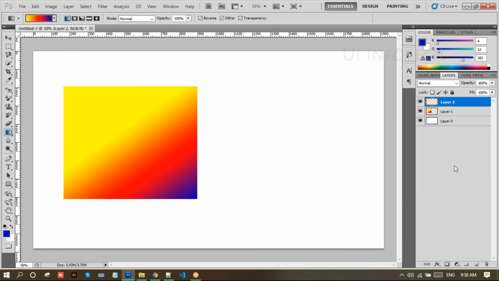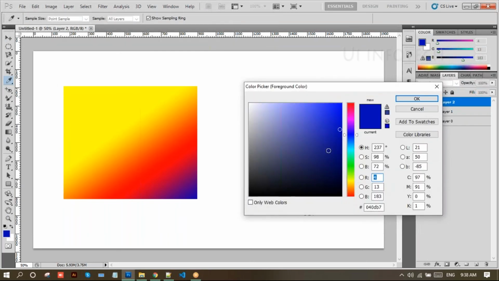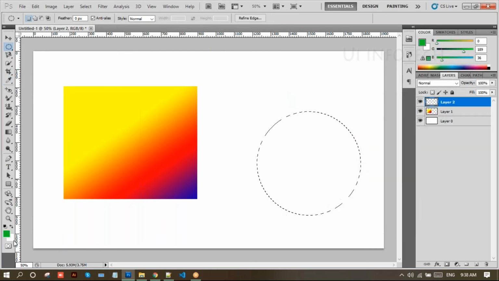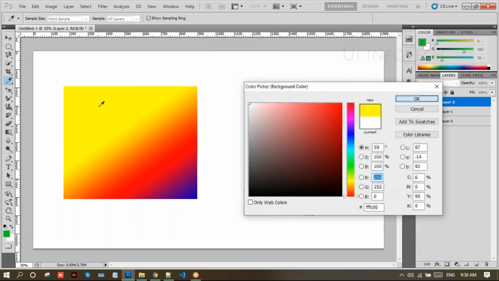And next, you can create one more new layer. Select this elliptical, hold the shift button. And here, see, every time we need to select this default gradient color, right? Now if you want to apply your custom styles, like I need green color, and downwards I need this yellow color. So click on this, okay.